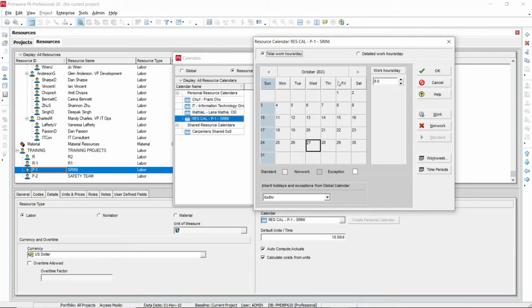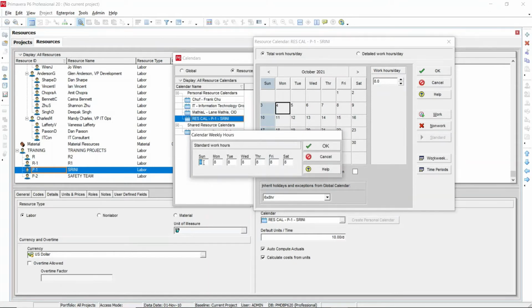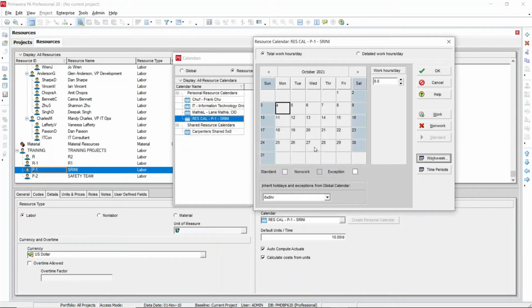You can see here it is 8 hours working. So the detail is okay, 8 hours is there. You need to make it 5 by 8. Currently it is a 6 by 8 calendar: 6 days working, Sunday is a holiday, and 8 hours. If you want to make it a 5 by 8 calendar, how are you going to make it? You need to go to the work week. Since Sunday is already a holiday, I want to make Saturday also a holiday. I'm going to make it 0. So it is already 5. All other days are 8 hours. Just click OK.